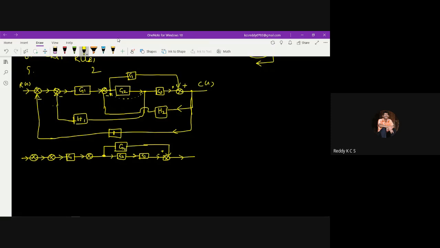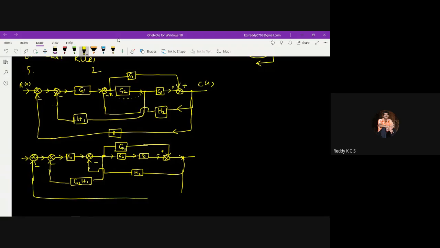So when I say that is the signal which is H1, the H1 signal, right? To this H1 signal, I need to add the same block gain value, that is G2. So G2 into H1, I can write directly G2 into H1, and this is giving to this one, and this is giving to this one. And once again, this signal is minus, and it has H2, which is going from here, and one more signal which is coming from here, which is minus.